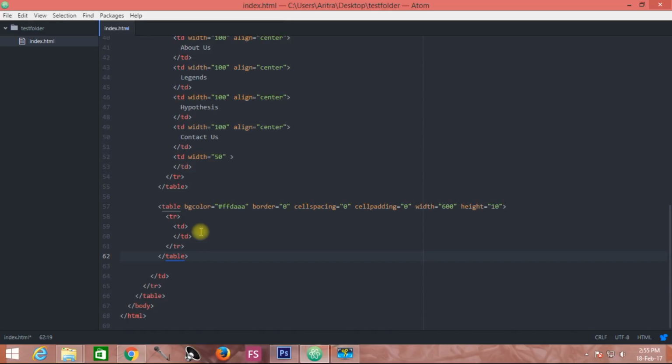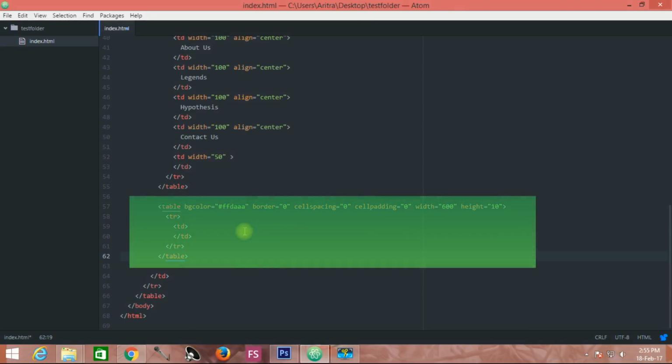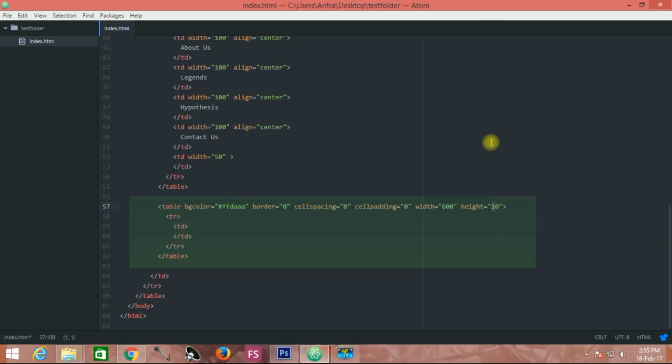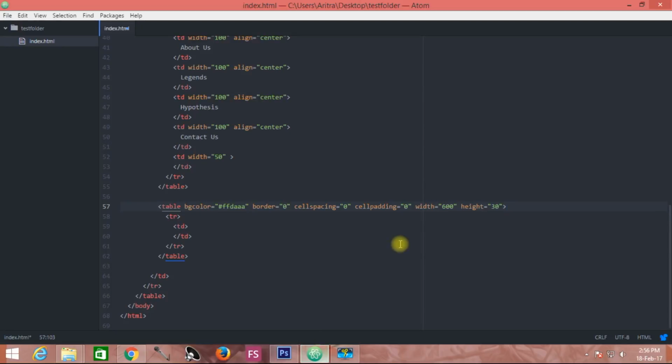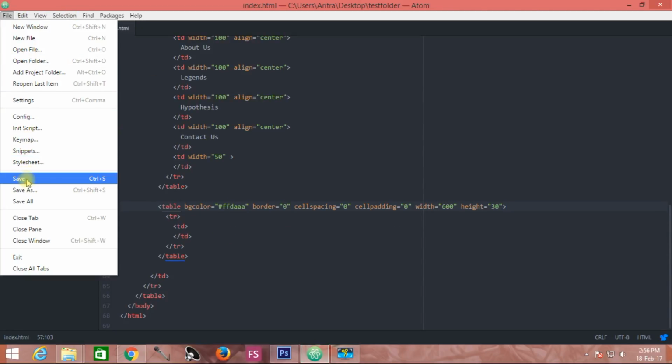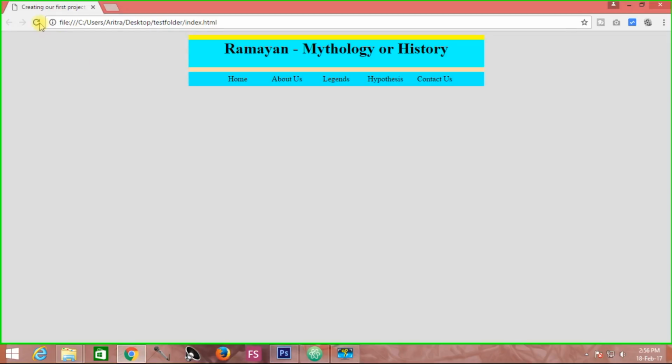So this is the table, and we needed to provide a total height of 30 pixels as we wanted to make this gap of a value of 30 pixels over here. Press Ctrl S, go to File, Save, come back to your web page and reload, and you see that a 30 pixel gap has been imposed over here.